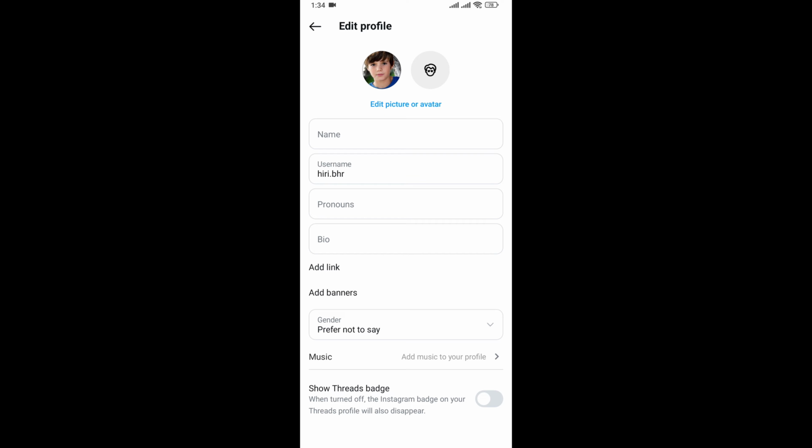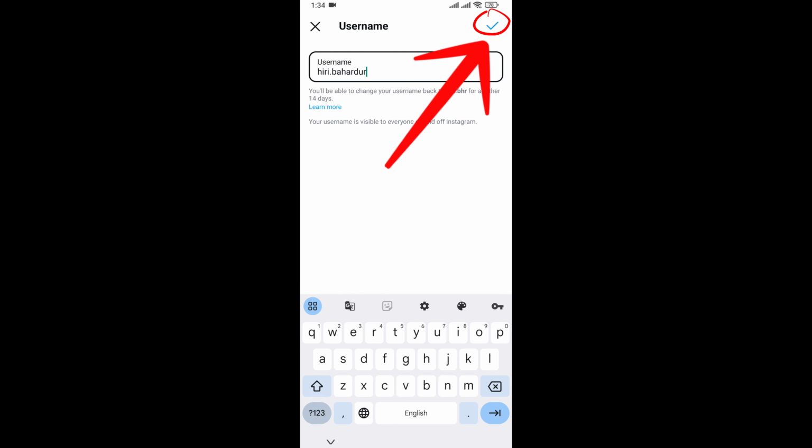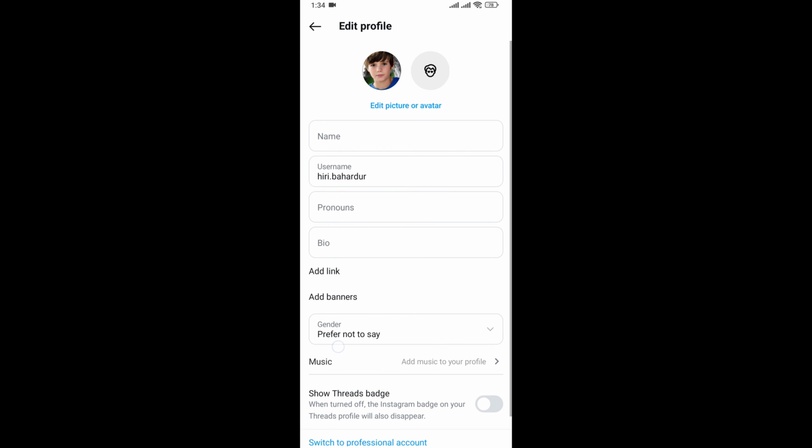Here in the second option, username, click on this and write your desired username. Wait for some time. So yes, this username is available. Here on the right top, click on this tick mark. So now you're done. Your username has been changed to what you keep, and it will take some time, but